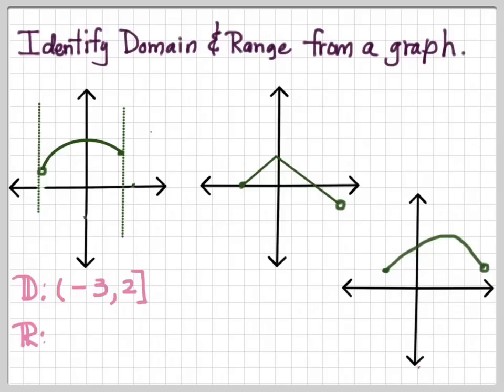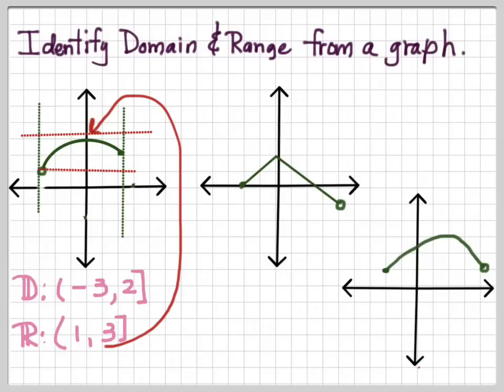Now the range is how far up and down it goes, so if I do some lines here, I can see that my lowest number in my range is 1, and my upper number is 3, even though my graph isn't drawn very well, and 3 is included. Notice we're not talking about the endpoints of the graph. We're talking about the lowest point of the graph and the highest point of the graph. There is the highest point of the graph, and that is on the graph,